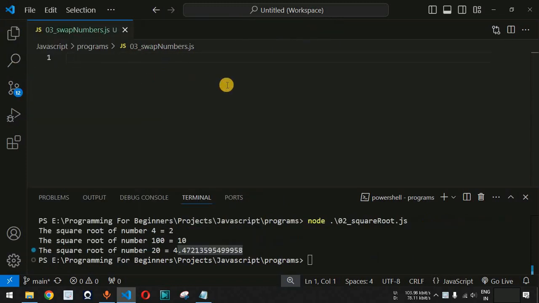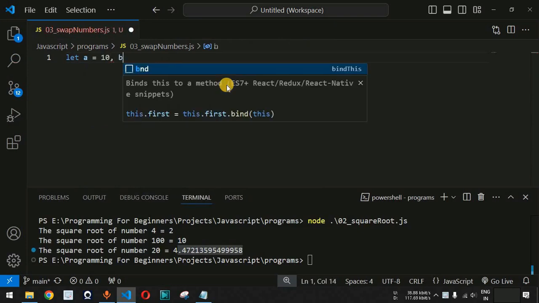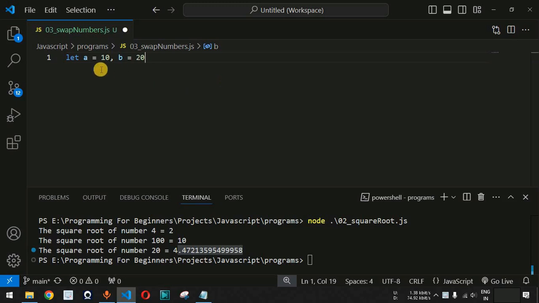Now guys, what we will do is, let us say we define the two numbers, that is a equal to 10, comma b equal to 20 over here. So this is the original value for a and b, that is 10 and 20. So in this case, what we will do is simply we will provide the console.log statement, and then we will say before